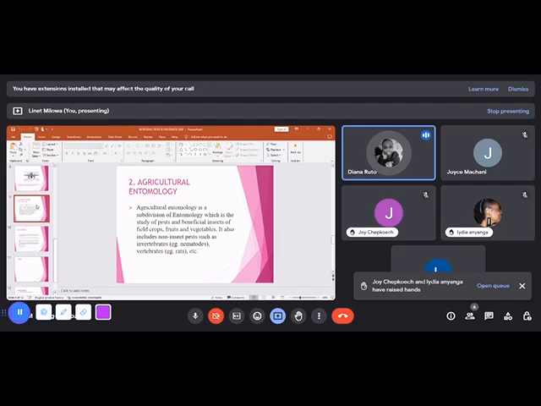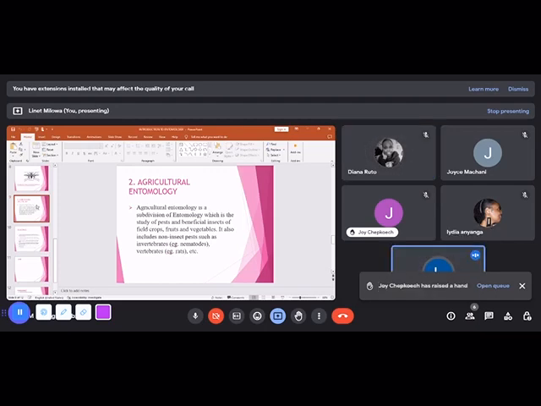Agricultural entomology, it is the subdivision of entomology, which is the study of pests and beneficial insects of field crops, fruits, and vegetables. Very good, Diana. So, agricultural entomology is the study of pests, and these pests are beneficial to field crops, the